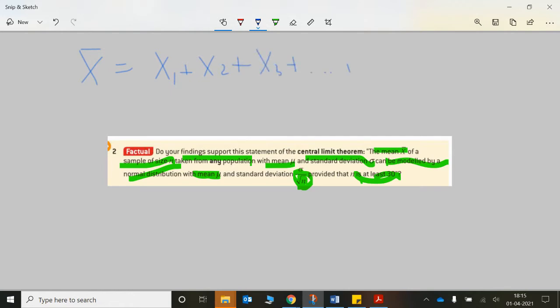Let's go back to the example of the maths results. If we have everyone in the year group sitting some maths results, we might say, okay, well, let's just take a small sample of those. Let's take a sample of n,